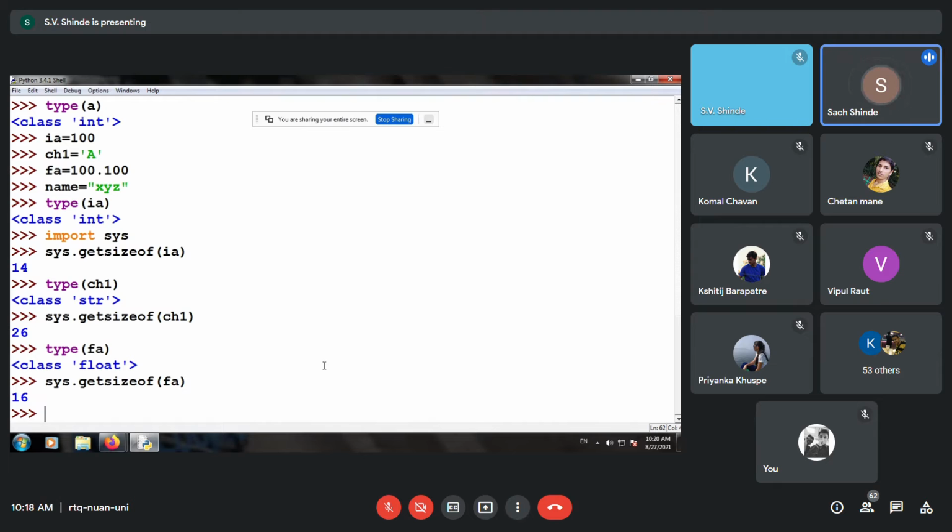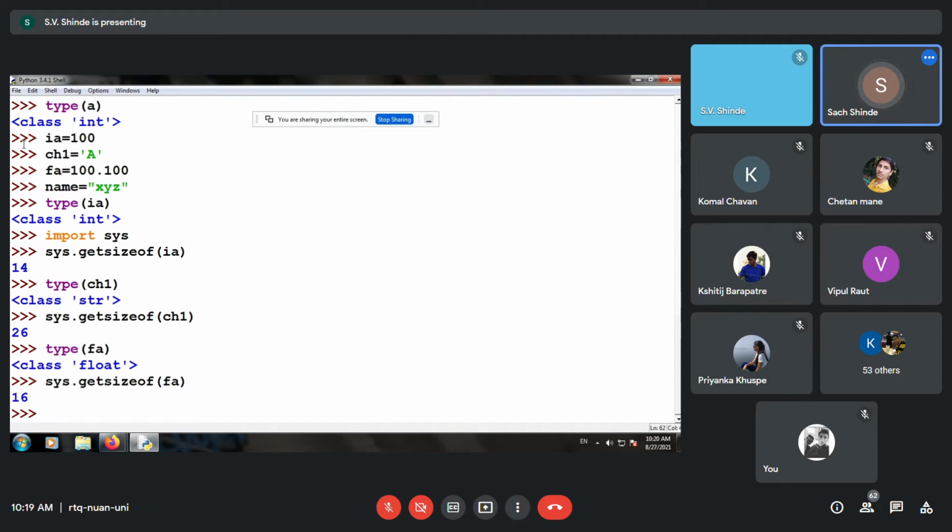So when we have a particular structure or a class, that will also require some memory. It can be identified by the sys.getsizeof function, which is used to identify the memory requirements of a particular system. Now let us see whether time complexity exists in reality for a particular program. We'll see a demonstration for this.